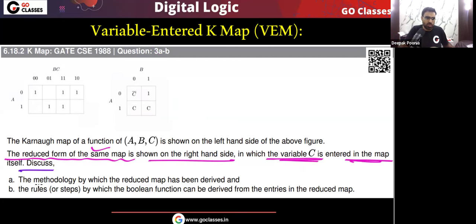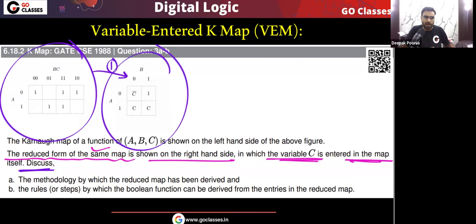Now the question is asking two things. The first is the methodology: what is the procedure by which the reduced K-map can be derived? This standard K-map is given to you, so the first question is, how can you derive this reduced, compact K-map?